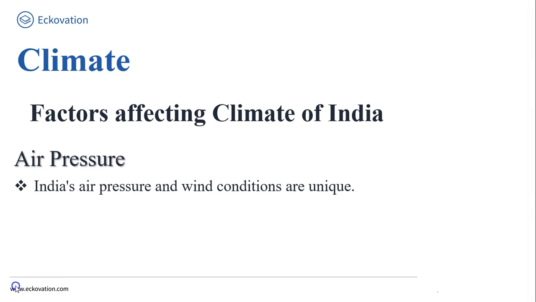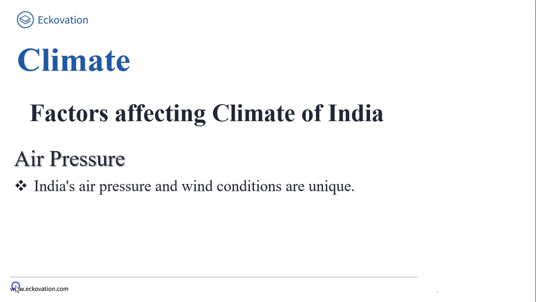During winter, there is a high pressure area north of the Himalayas. So क्या होता है कि the cold wind blows from this region to the low pressure areas over the ocean to the south. और summer में a low pressure area develops over interior Asia as well as over northwestern India,